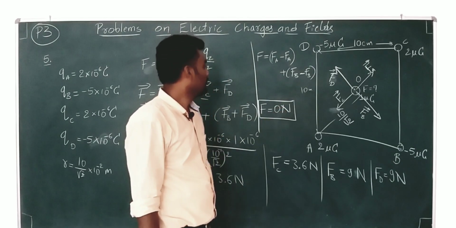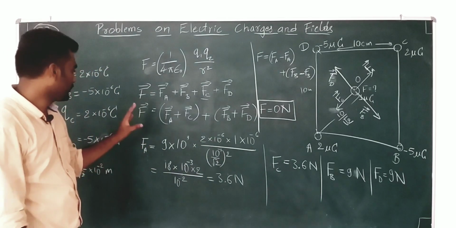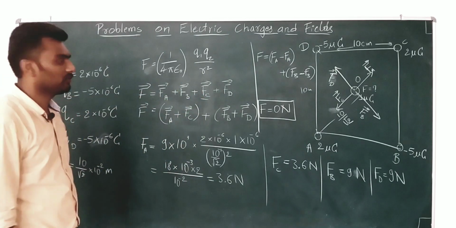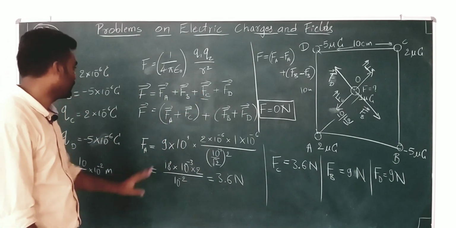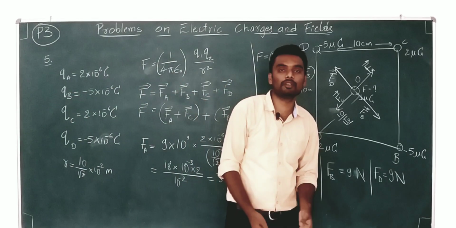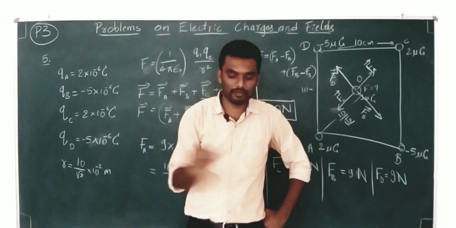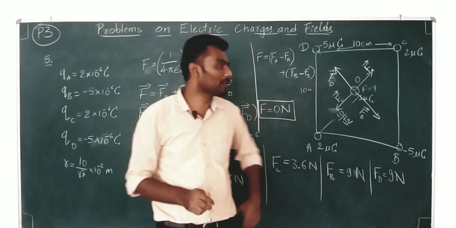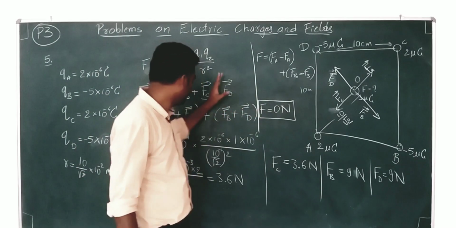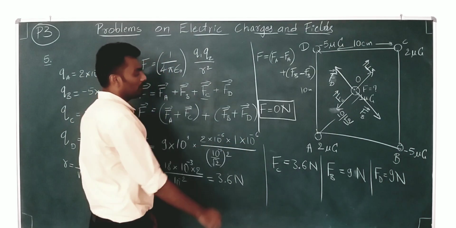Got it? So yeah, in the book you don't have this detailed explanation, but it's always good to go for numerical simplification, then finally put the formula. This is the best way, and nowhere you can lose the mark, because when it comes to giving the answer in a descriptive way, you might forget to put some important points while writing it descriptive. But when it comes to numerical solution, you can only obtain the final answer if you have solved everything properly. So it's always suggested to go with the numerical approach.